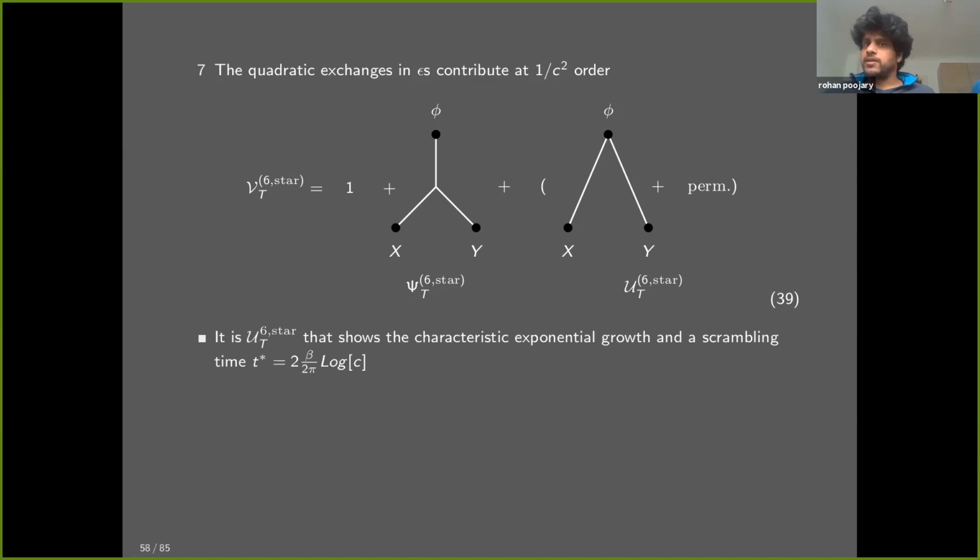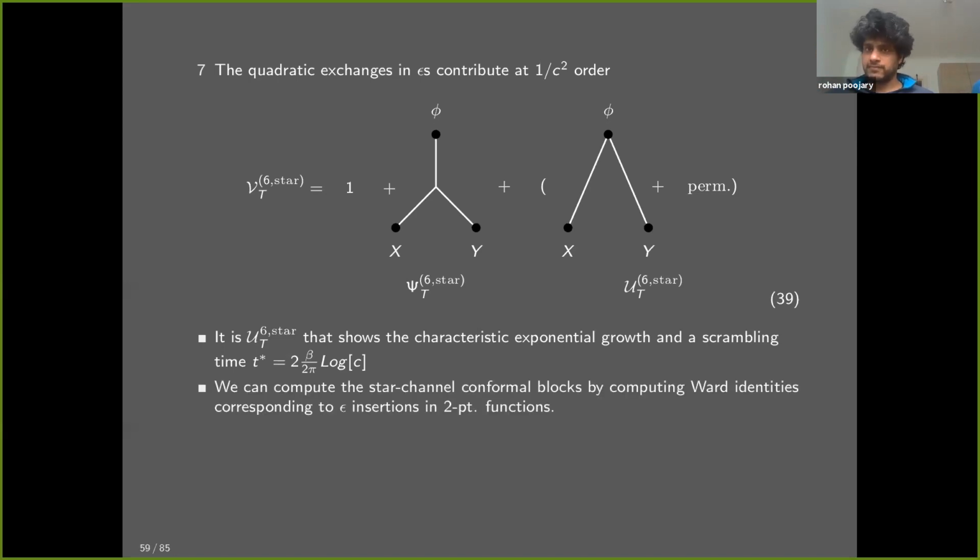Okay. Now this particular U star UT basically has all the features, and actually shows this Lyapunov exponent to be 2 pi over beta and the T star to be this. Okay. Now that's their story, but